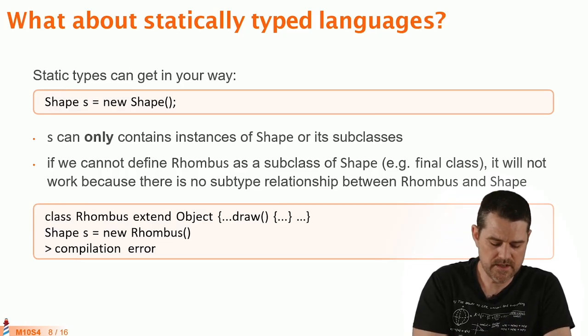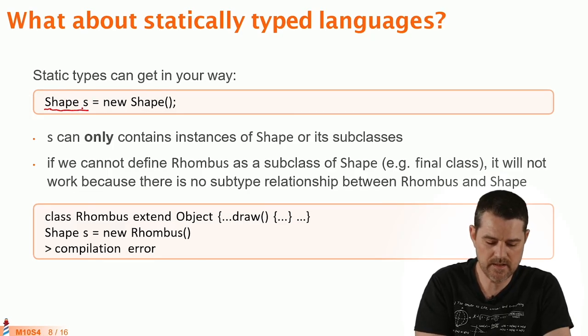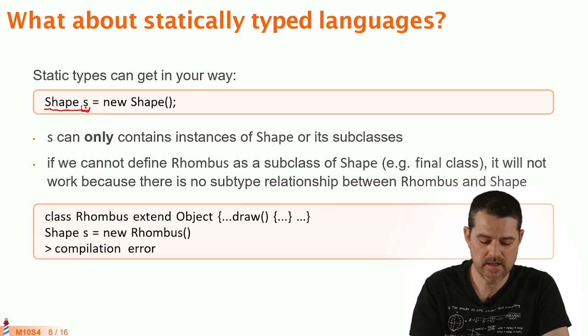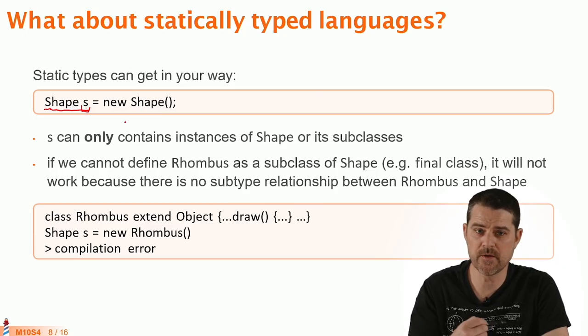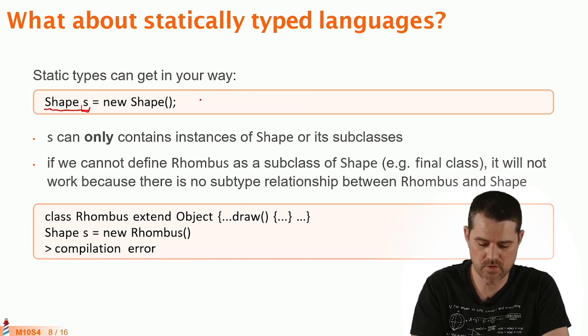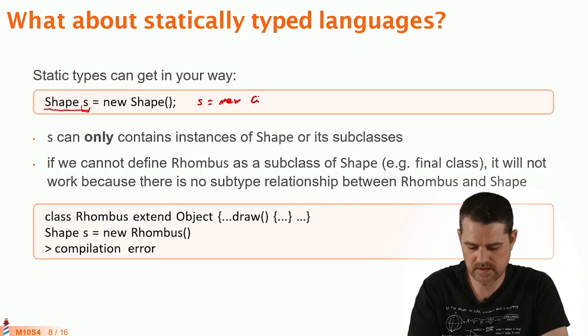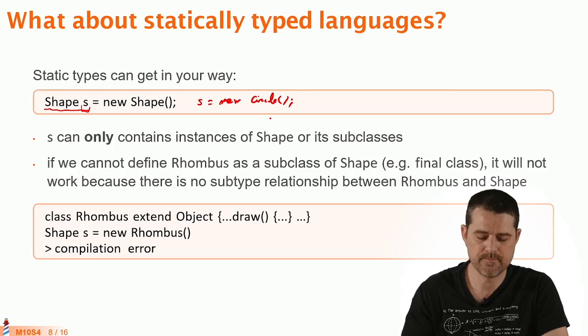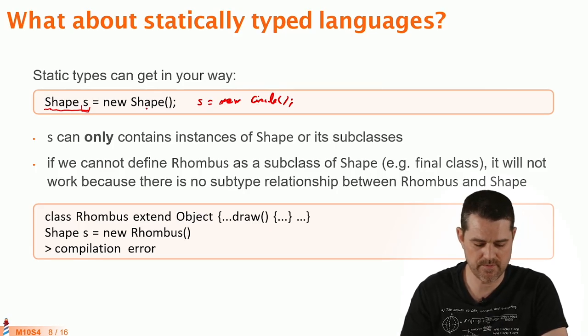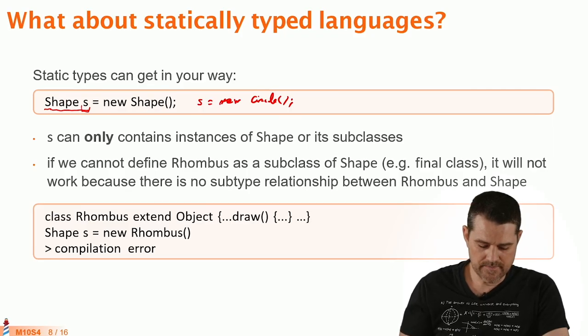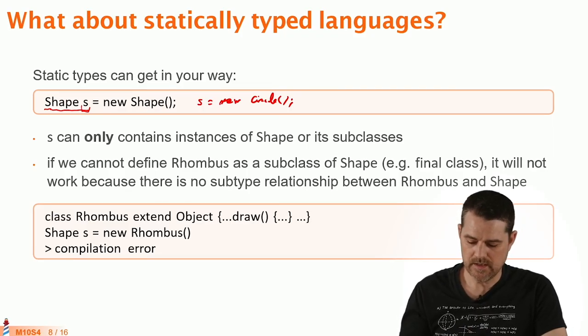In those kinds of languages, for example, if I declare a variable s of type Shape, it means that this variable can contain either an instance of Shape or one of its subclasses. So I could also write s = new Circle. And it works, okay, because Circle is a subclass of Shape. And if I want to implement now a Rhombus as a subclass of Shape, it will work. But if I cannot, because, for example, Shape is a final class or whatever,